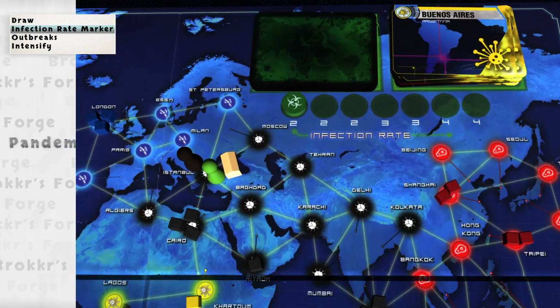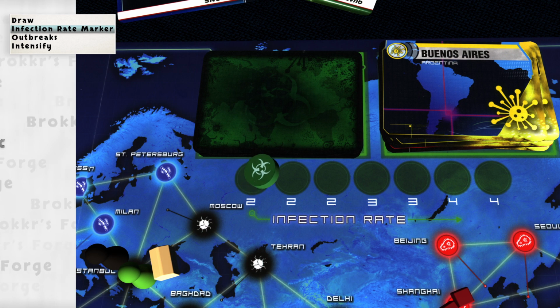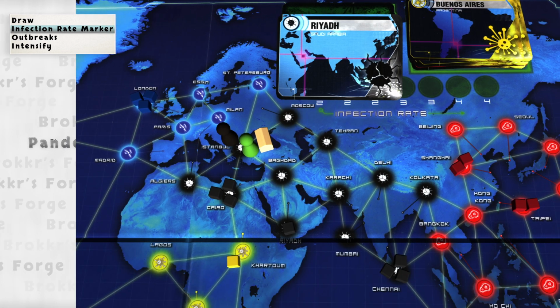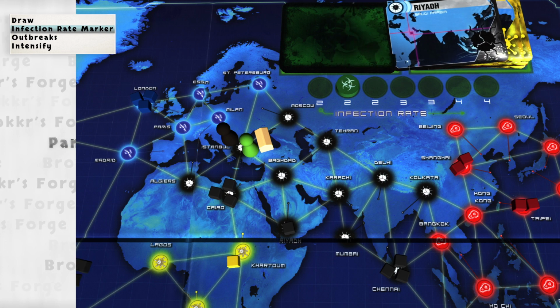Infection rate marker. If any of the cards you drew was an epidemic card, immediately do all of the following. Move the rate marker forward 1 space. Draw the bottom card of the infection deck. Put 3 disease cubes of that city on the board. If that disease color was eradicated, then do nothing and discard the card. If the city already has cubes on it, then add cubes until there are 3 cubes on the city and